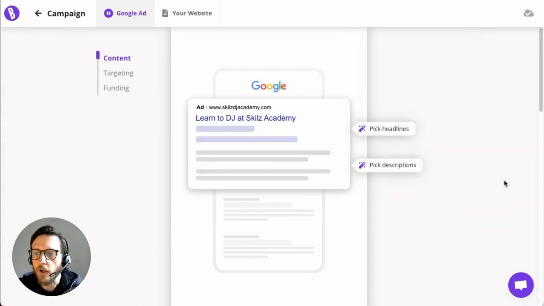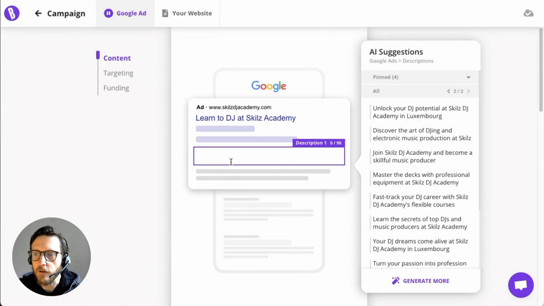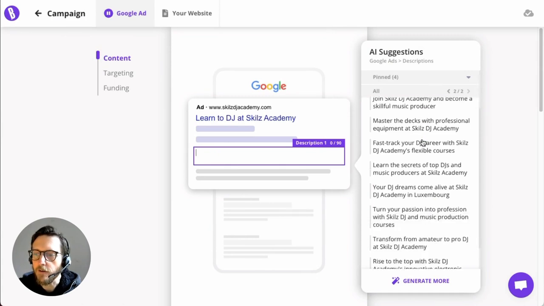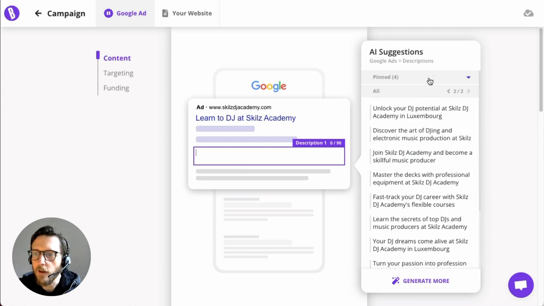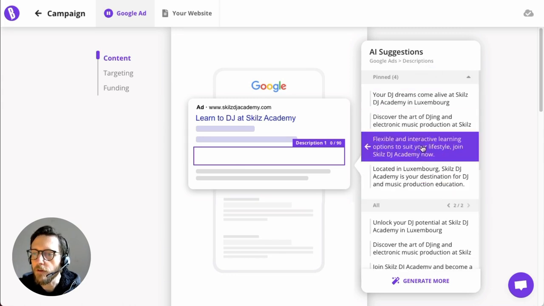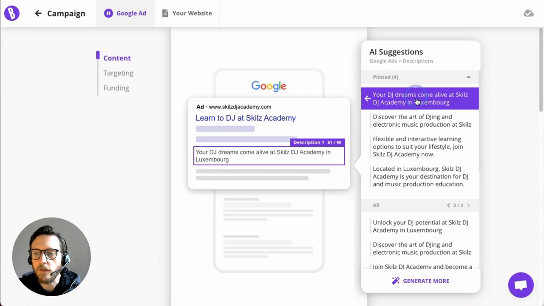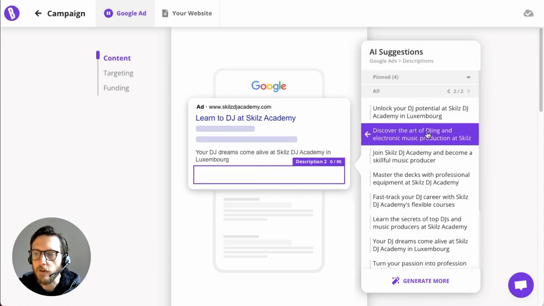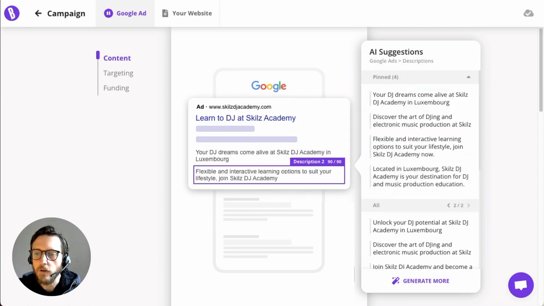And now we would like to actually input these results into my Google ad over here. So I can go in here and of course I have my pages here with all the results that I just generated, but I also have my pinned results up here. And all I need to do right now is click them and I'll have them right here just as you are used to from how all of this worked before.